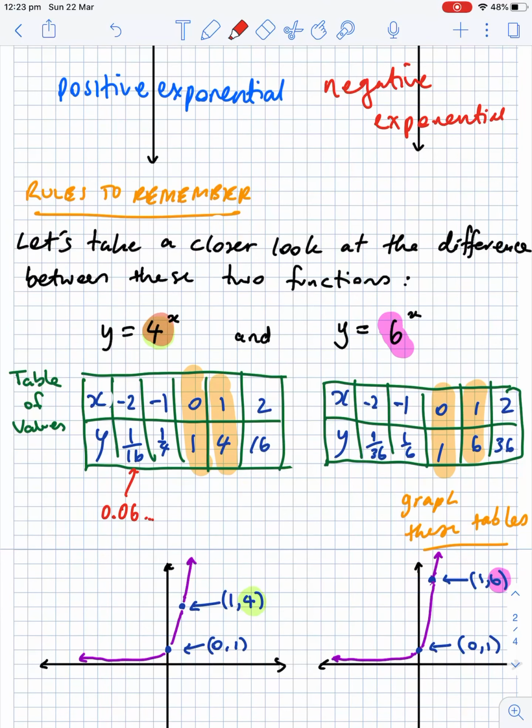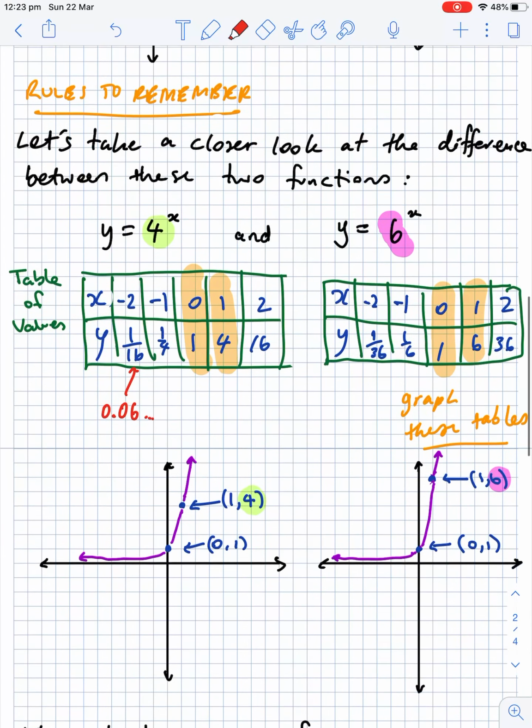But one's a 4 and one's a 6, and that does make a little bit of a difference. And so some of the trickier sort of questions you'll see in HSC exams will need you to understand how this 4 and this 6 does change the graph. Okay, guys, so when you're graphing these, obviously,